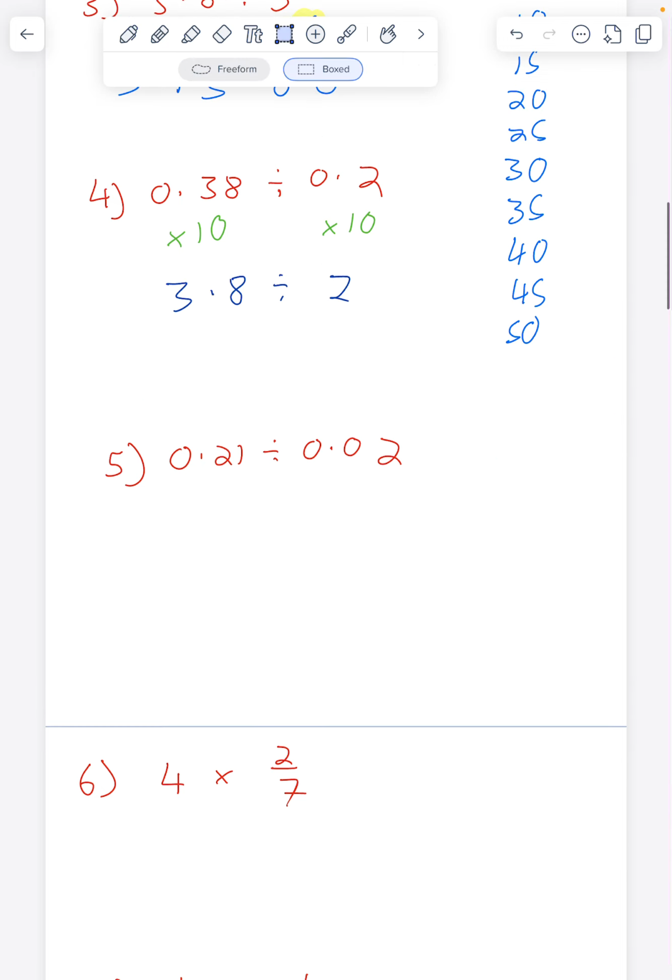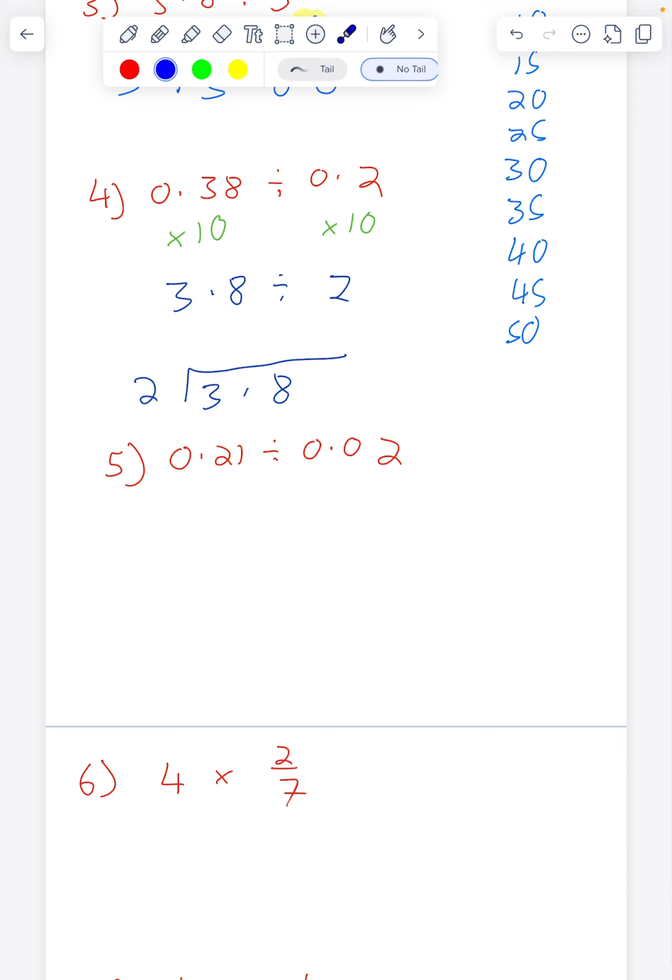Okay, so now this is the same thing as before. We can go and set up our bus stop and say 2, give myself a bit more room, so 2 into 3.8. And you could write up the 2 times table, I'm not going to on this one, but 2's into